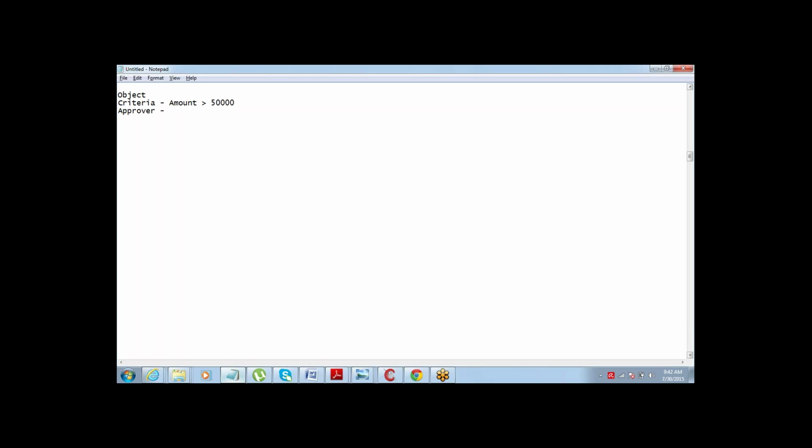While we're talking about approver, we have three options as we saw. Let submitter choose approver, assign using a hierarchy, and assign to a specific user. So these three options are there, right, for the approval. And then comes the action. So in the action part, you have actions for submission, approval, rejection,